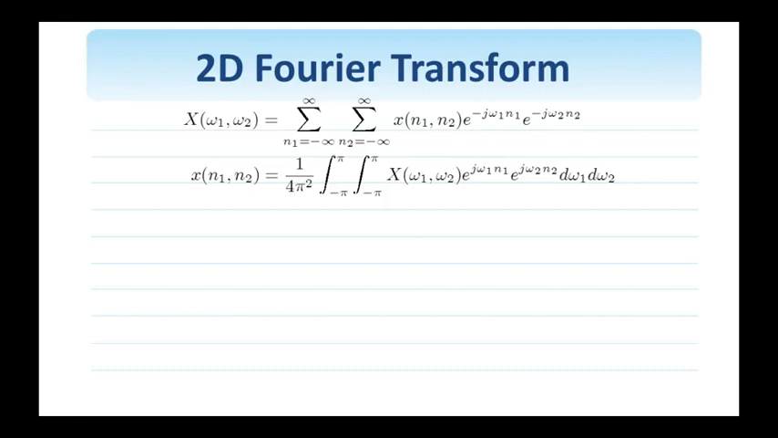We show here the two-dimensional Fourier transform pair. This is the expression for the forward transform that will take an image from the spatial domain and map it to the frequency domain, where omega 1, omega 2 are continuous variables. So X of omega 1, omega 2 is the two-dimensional Fourier transform, or the spectrum, of the image x of n1, n2. This is the expression of the inverse Fourier transform that will take us from the frequency domain back